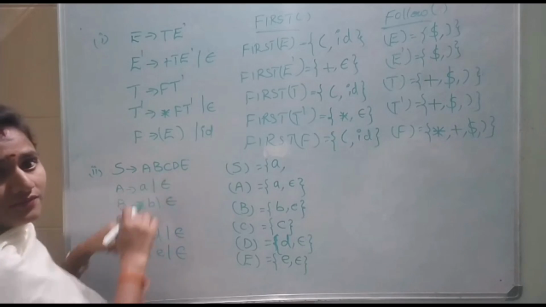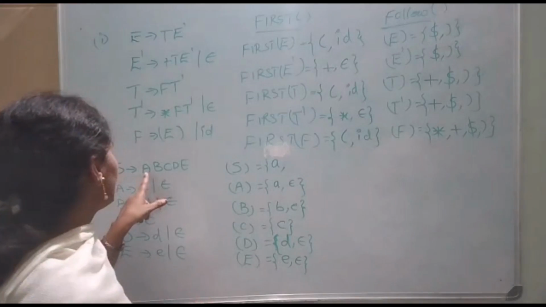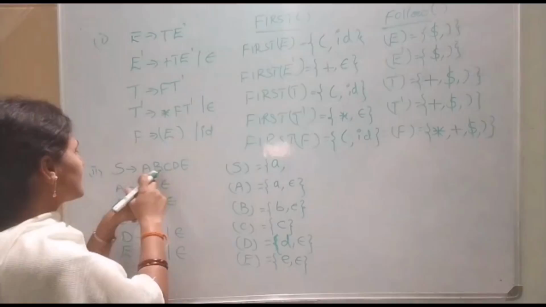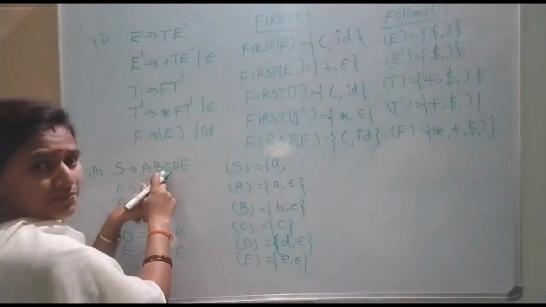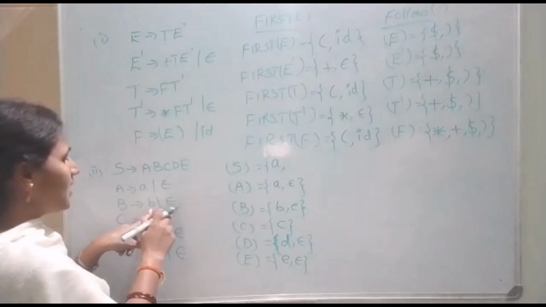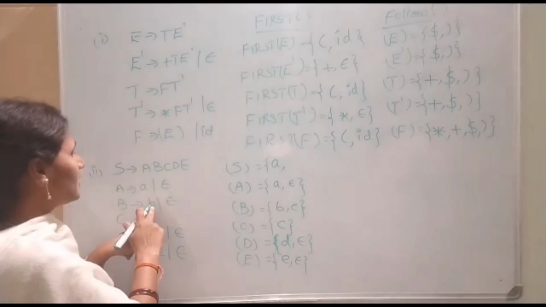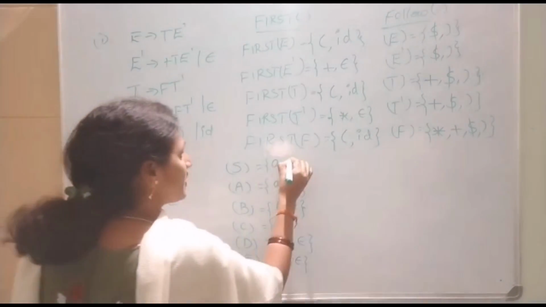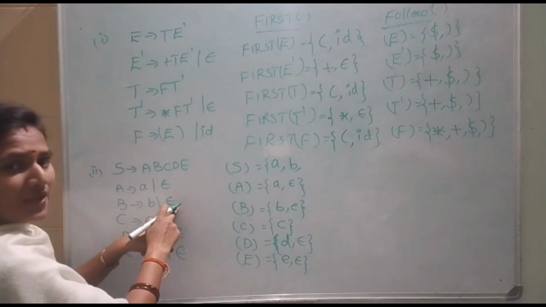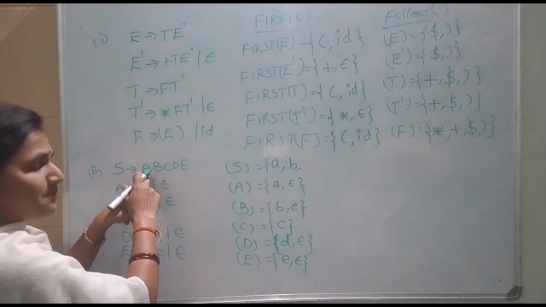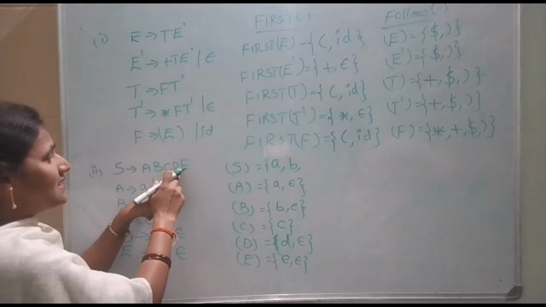So here, if A becomes epsilon, then the start of RHS for the S production is B, C, D, E. Now, you have to replace B by its corresponding production, that is small b or epsilon. If I am going to replace B by small b, the RHS starts with a terminal b, so that is also one of the terminals for first of S. And if I am going to replace B by epsilon, so we have replaced A by epsilon and B by epsilon together, the RHS starts with C, D, E.